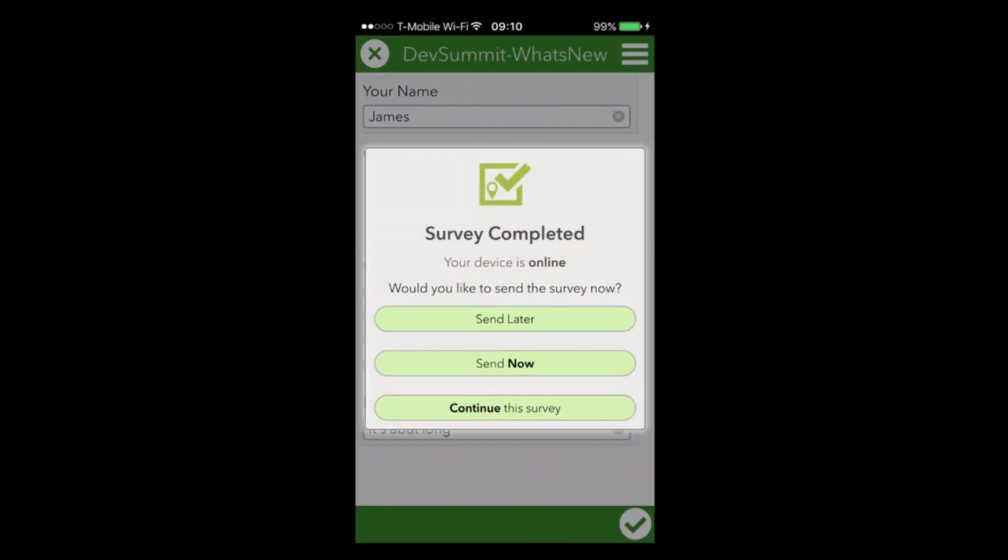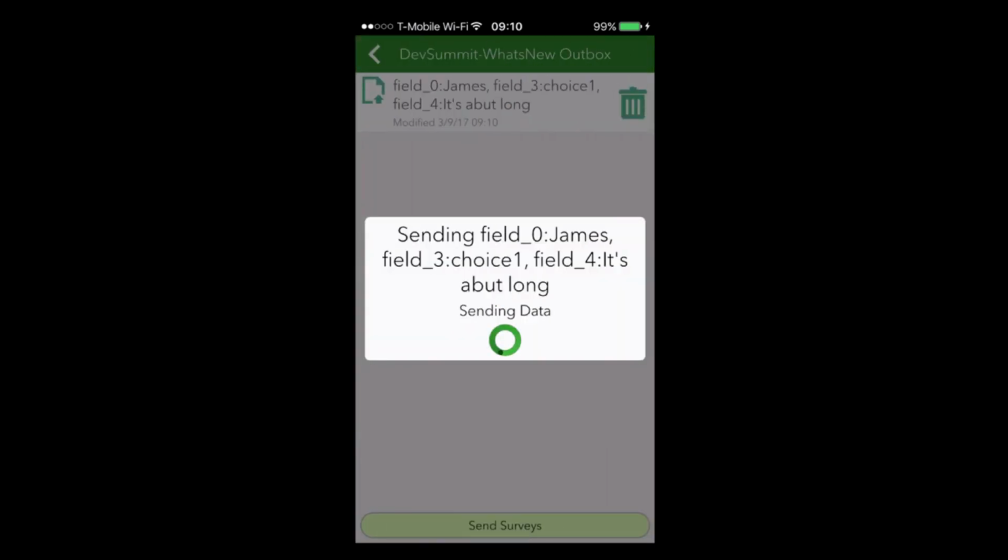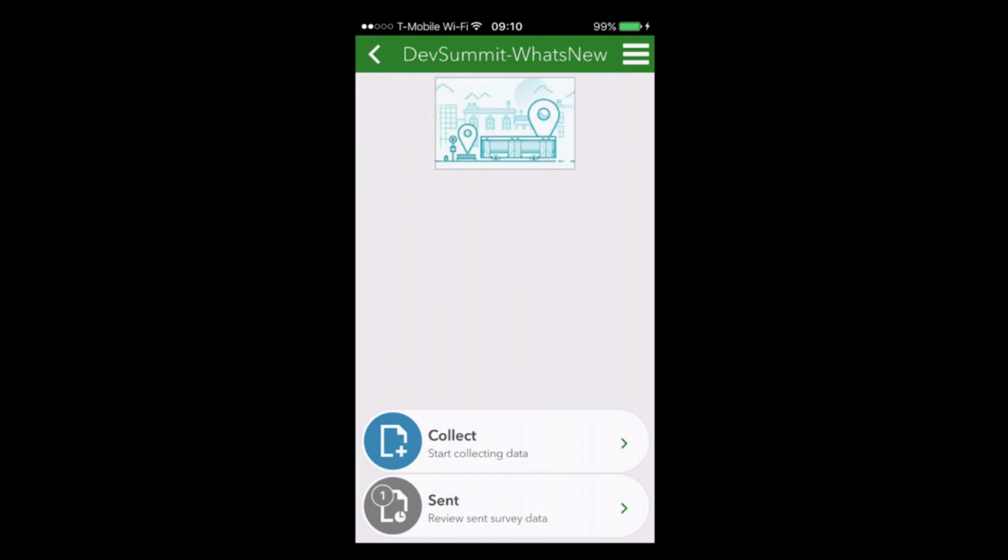So I filled this out. Survey123 can work offline. If we're offline, we're obviously always going to be sending later. For now, I'm connected, so I can send now. It's connecting, putting in the data. And now if we go back,